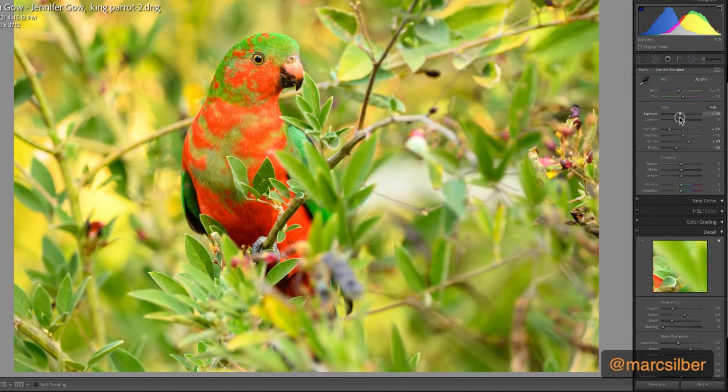Remember this when you're moving sliders. I always liken it to seasoning. I like chili flakes. I put it on all sorts of things. I put it on salads. I put it on scrambled eggs, but you got to use it sparingly. But I think that, so what I've done is, if you just look at the before and after here,